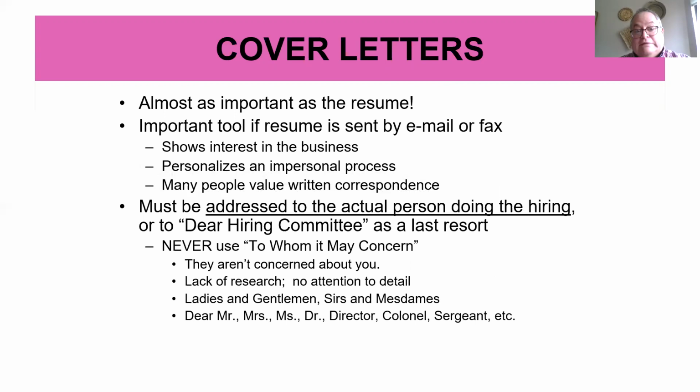To whom it may concern, sadly, they're not concerned about you. It shows a lack of research, in our parlance, and no attention to detail. Ladies and gentlemen, sirs and madams is also another way to go, but if you can figure out that person,